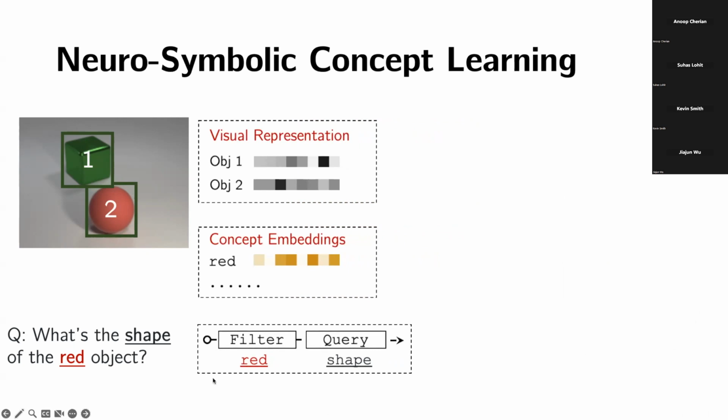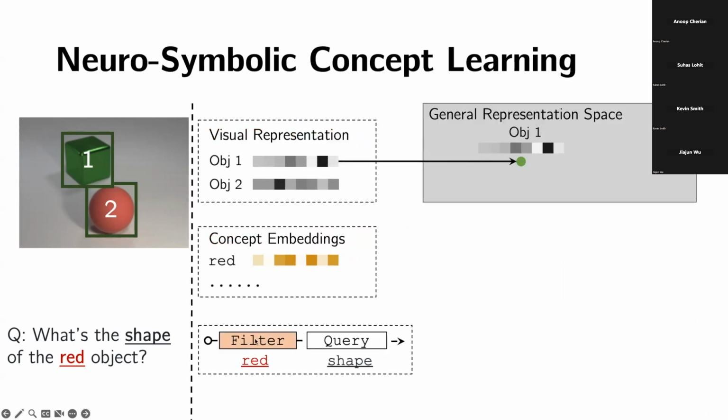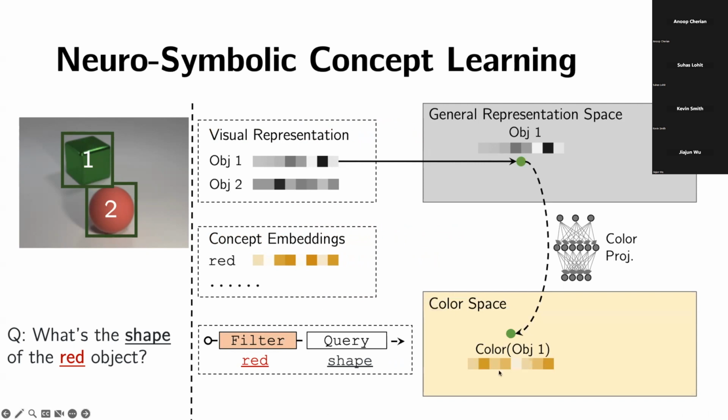So how can we do that? Here we assume we already have a very good program. We can magically parse the sentence: what's the shape of the red object? It means find something that's red and get its shape. But how could this structured form and the question help learn the concepts? For the color, you can use something like a modular neural network that takes this object representation and outputs hopefully another representation which is more